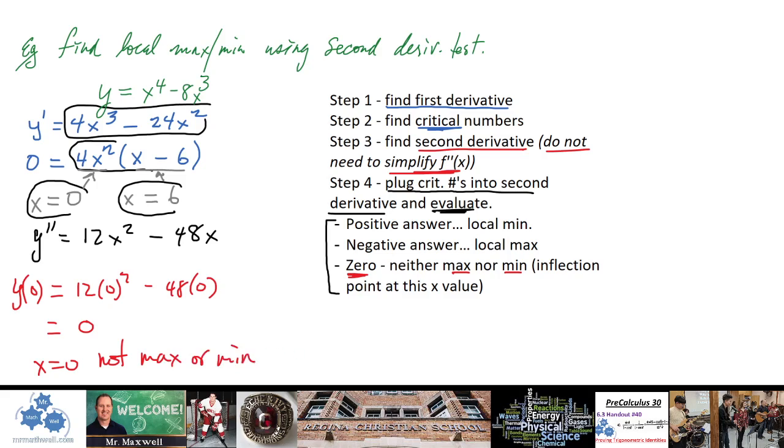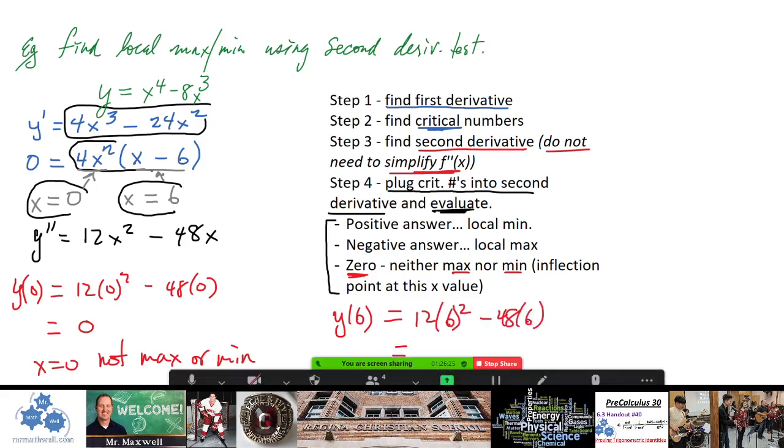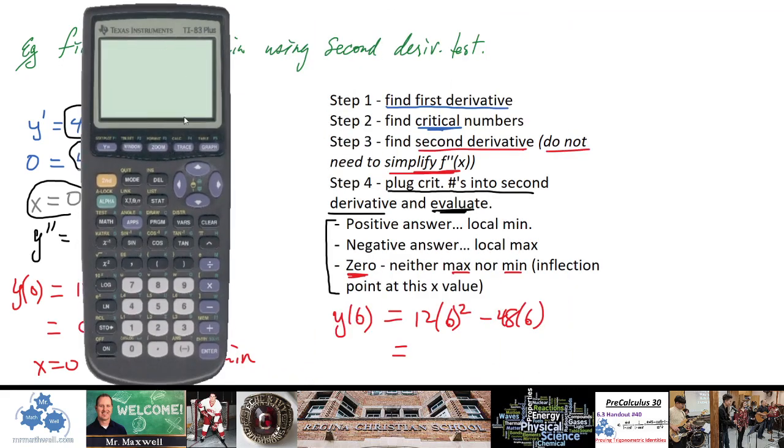And that's okay. Probably going to be maybe a point of inflection, I guess, then, right? At that point. So let's check out 6. If we put 6 in, okay, we'll zip that up quick on our calculator. So 12 times 36 minus 48 times 6